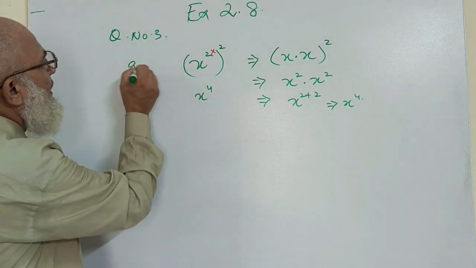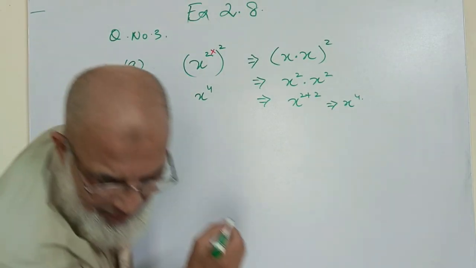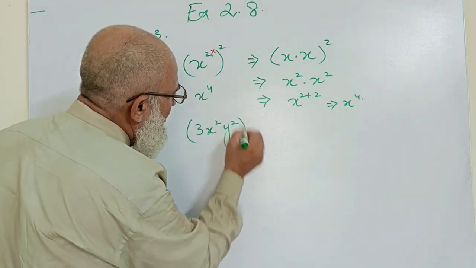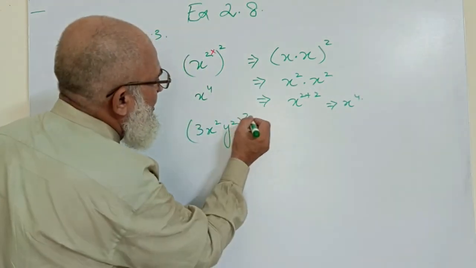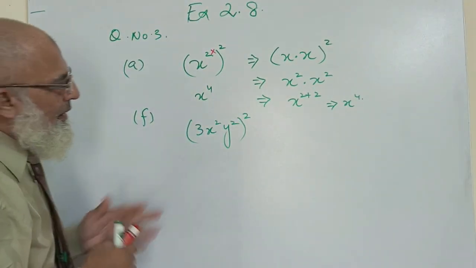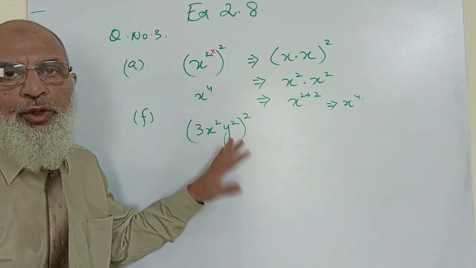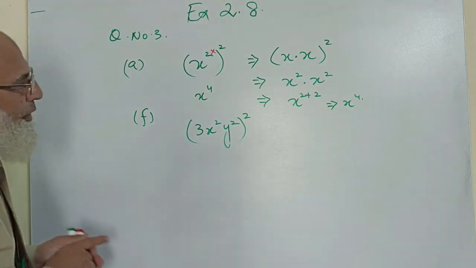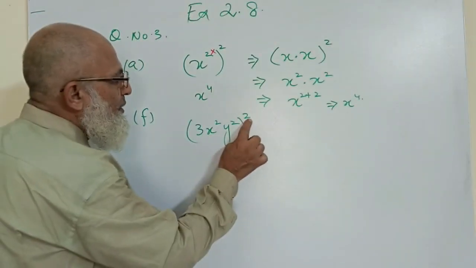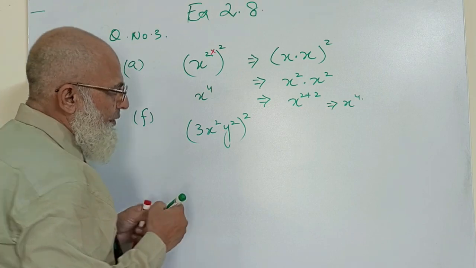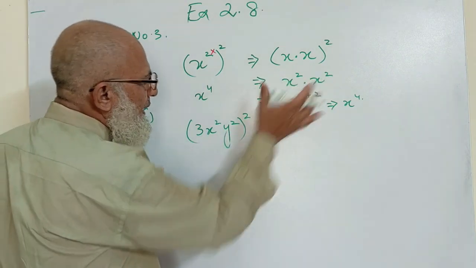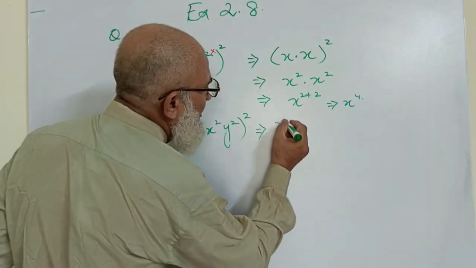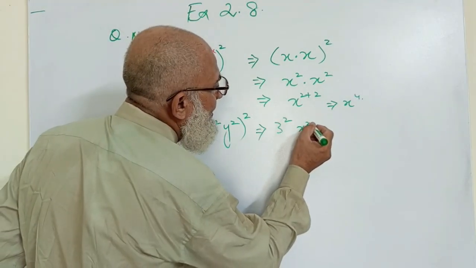Part F, this was part A, part F, and part F is (3x square y square) whole raised to power square. Now see students that each of the elements enclosed in the bracket is raised to power square. Now first of all we have to apply this power to 3, and if I open it like this, it will be 3 square x square with this square also,